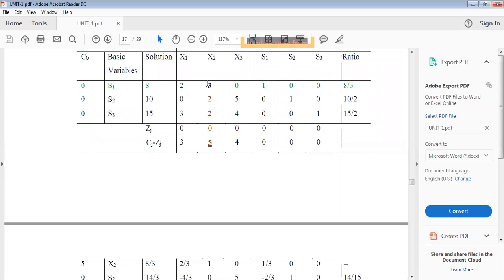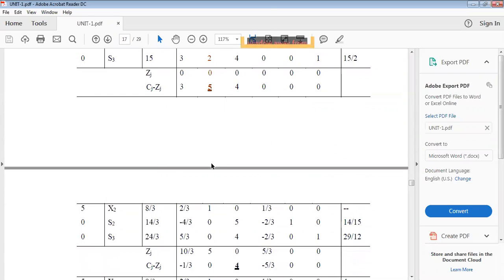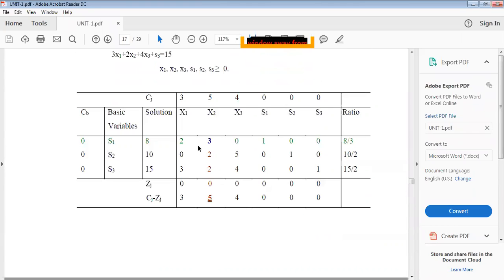Therefore 8 by 3, 2 by 3, 3 by 3, 0 by 3, 1 by 3, 0, 0, like this. And similarly, the ratio is 8 by 3. Next, in the next column, you observe 8 by 3, 2 by 3, 1, 0, 1 by 3, all these things. So therefore, here the 3 element above this particular thing,